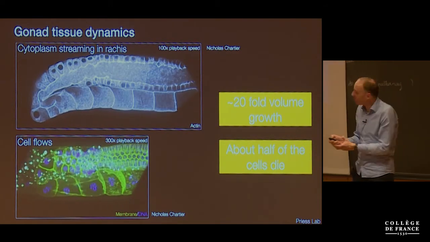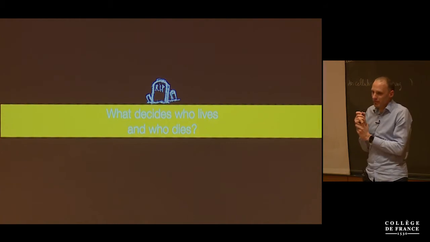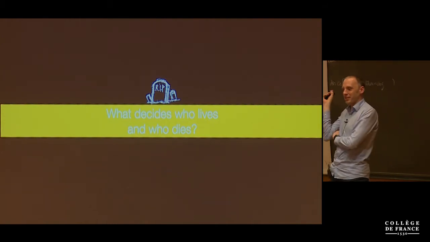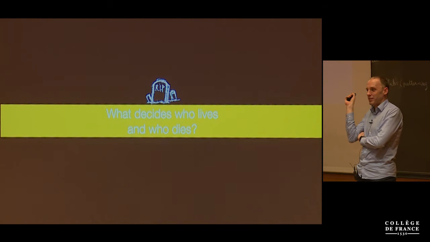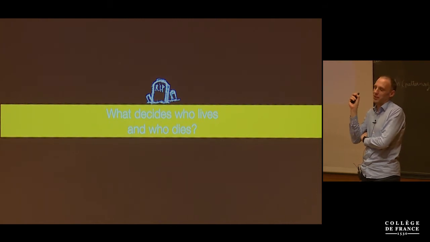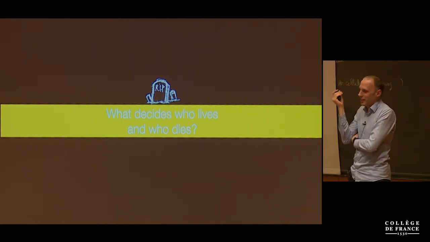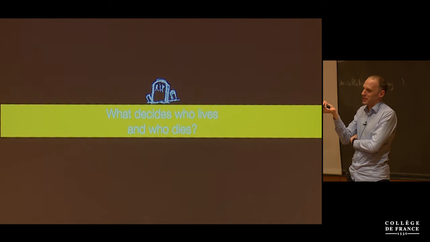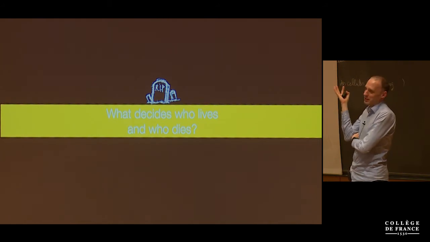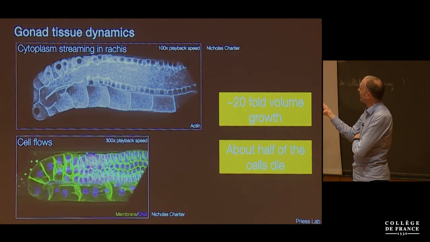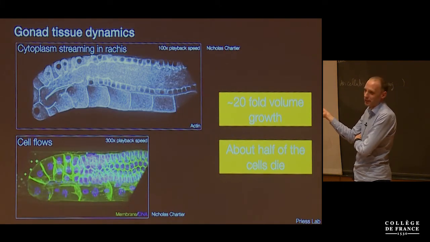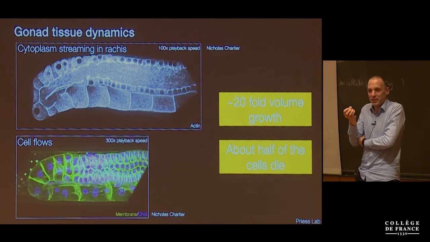Okay? So we got interested in this because C. elegans is the system where the cell death genes were discovered. Okay? So this is essentially not just in this case, but also in other cases in development. But this is the system where cell death genes were discovered. But even though the genes were discovered here, it's still not clear what triggers cell death. Who decides, what process decides who lives and who dies here? Okay? It's a checkpoint mechanism.